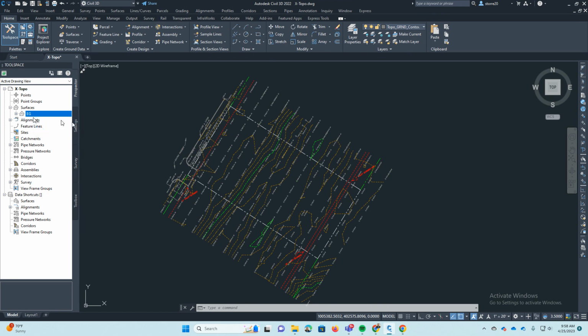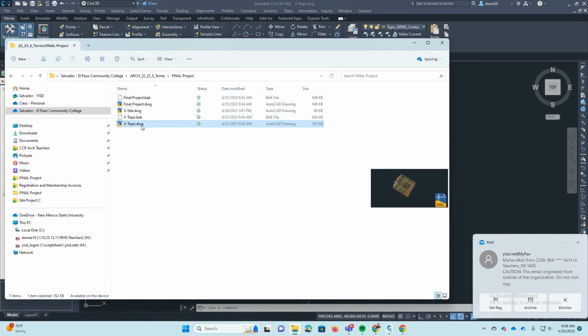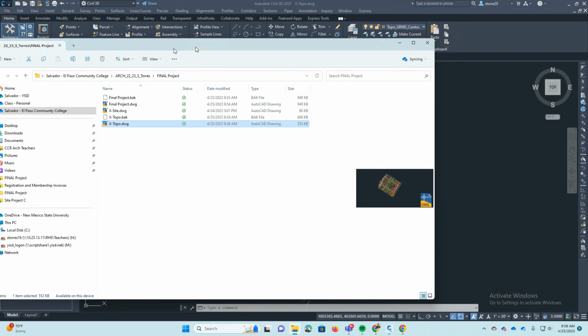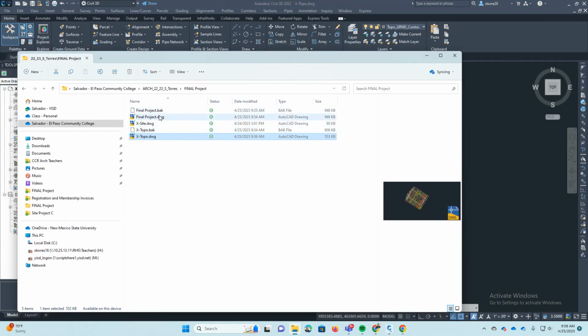Okay. Now the other step is we need to share somehow the existing ground surface to our drawing. That surface right now only exists in the Xtopo. But I need to somehow share it. So what you're going to do is you're going to make a data shortcut within yourself. You're going to do your own data shortcut within your own project that you'll reference for yourself